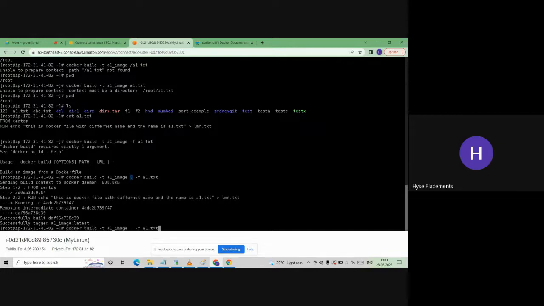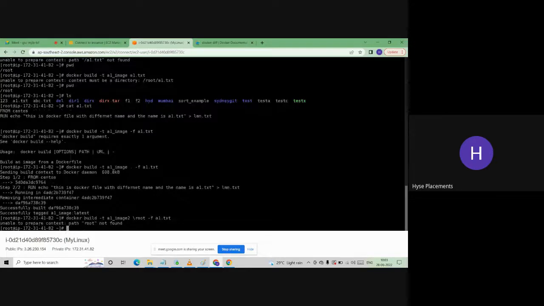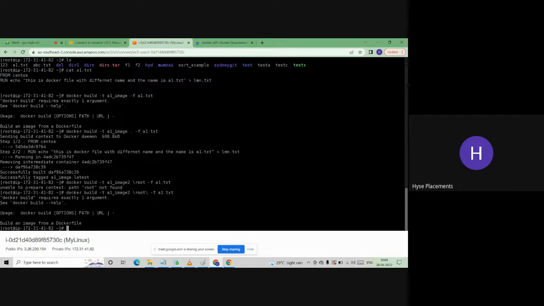Currently we are in root only, so no need to give that again. Okay. So if you are using any file other than this, you have to mention what is the file name along with the parameter of f. So if you want to know more about this,